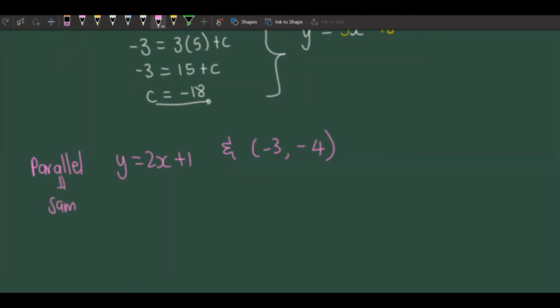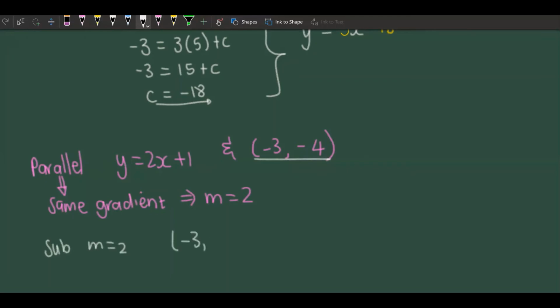Again, this information is from our gradient video. So that means the gradient is 2. And then we've got a point that lies on the graph again, so we're going to do the exact same method. We're going to substitute our gradient of 2 and the point that we know lies on the graph into the equation